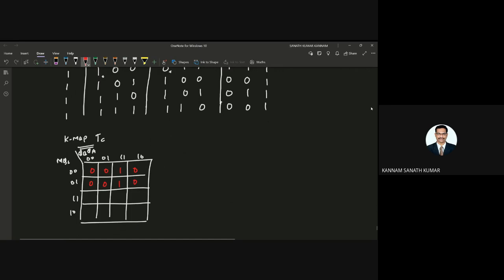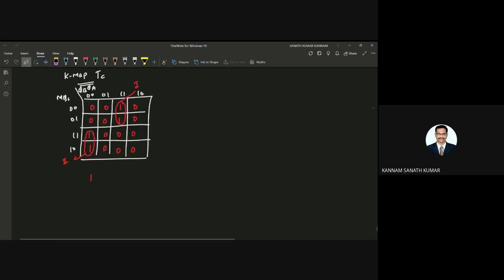So here you will get 1 0 0 0 1 0 0 0. So this makes one pair and this makes one pair. Let us take this as 1 and this as 2. So what is the TC? TC you will get 1 plus 2.